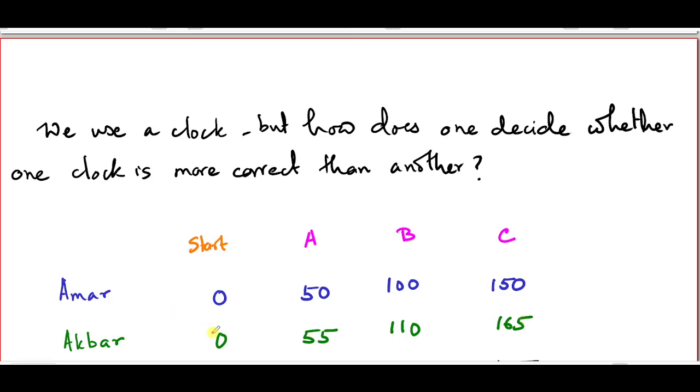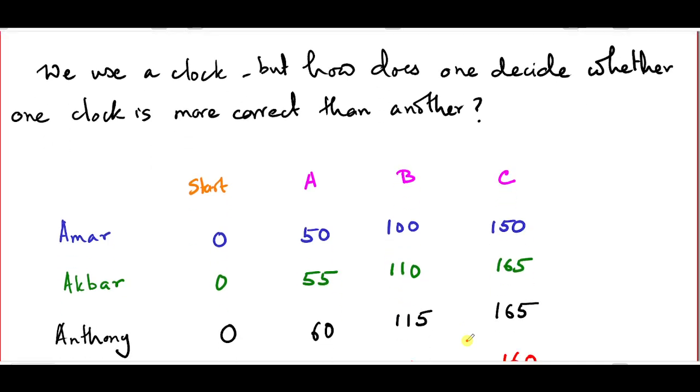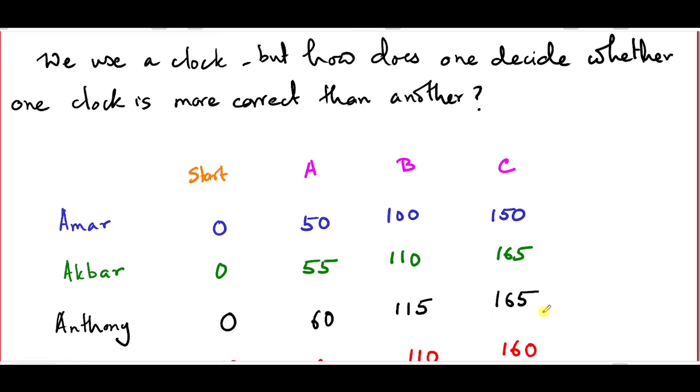Akbar, on the other hand, agrees with Amar that the start event occurred at 0, but his readings differ for the other events. They are 55, 110 and 165 respectively. And then his clock is even worse. Or, as we just said, we don't really know it's worse, but it's different definitely. At start it shows 0, at event A it shows 60, at event B it shows 115, at event C it shows 165. And we have this fourth person, Robert,